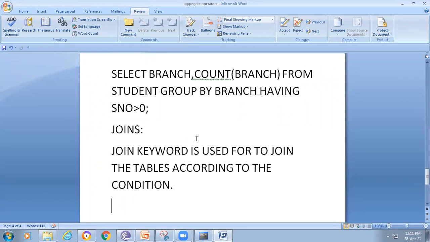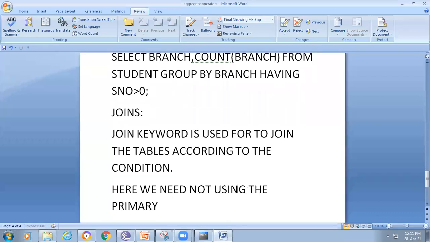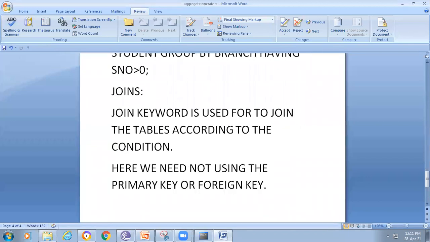Here we need not use a primary key or foreign key. Why am I mentioning this? In the last classes, we combined tables by using a foreign key. Am I right?